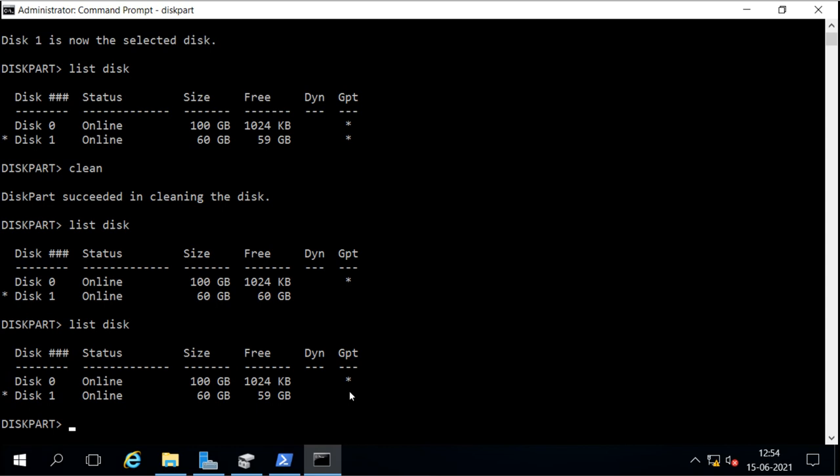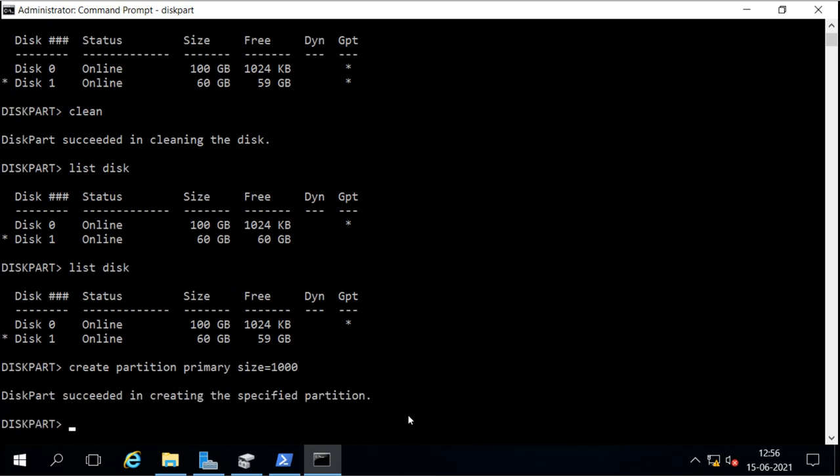And what I said, I can create only 4 partitions of primary, and I can do that by using this command line tool because graphical was not allowing us. So for creating the new partition from here, I will give the command create partition primary, and the size, so I will say size is equal to 1000 MB.